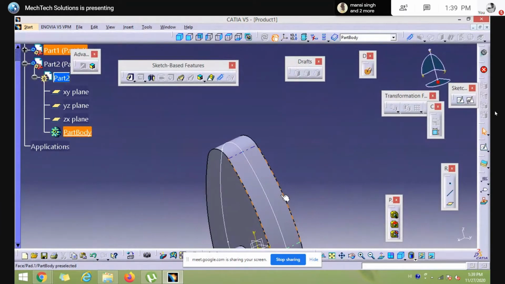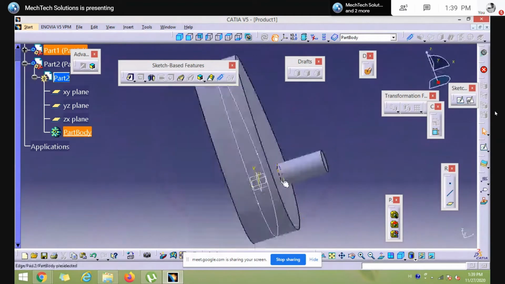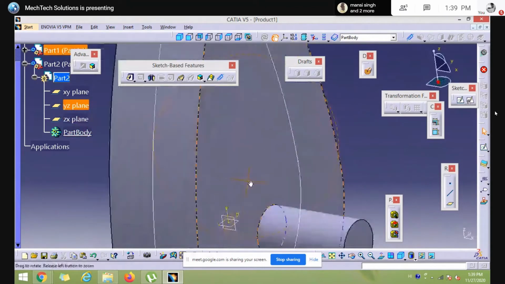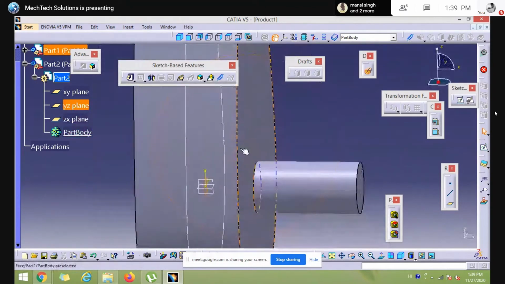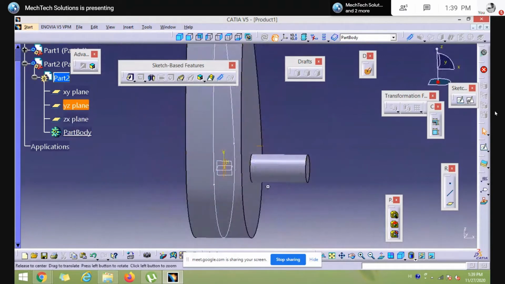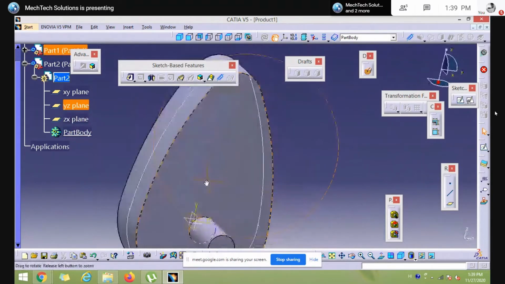To create it, we have to select the same plane where we started the cam. You know that when I created this cam, it is in center, so we have to select once again that plane which we used earlier.